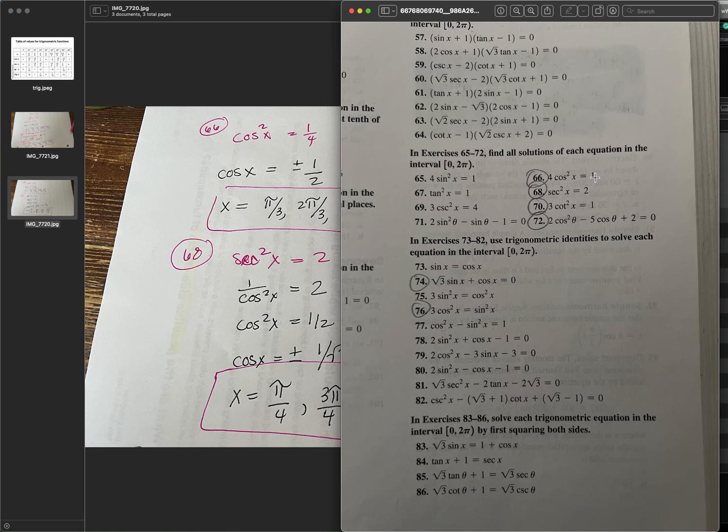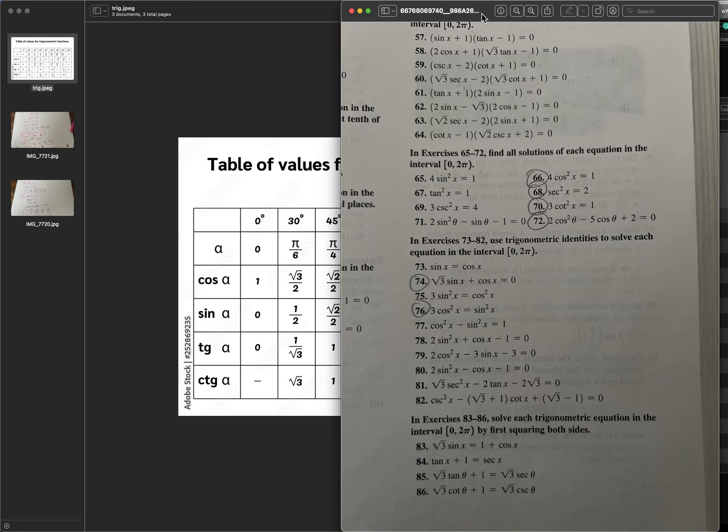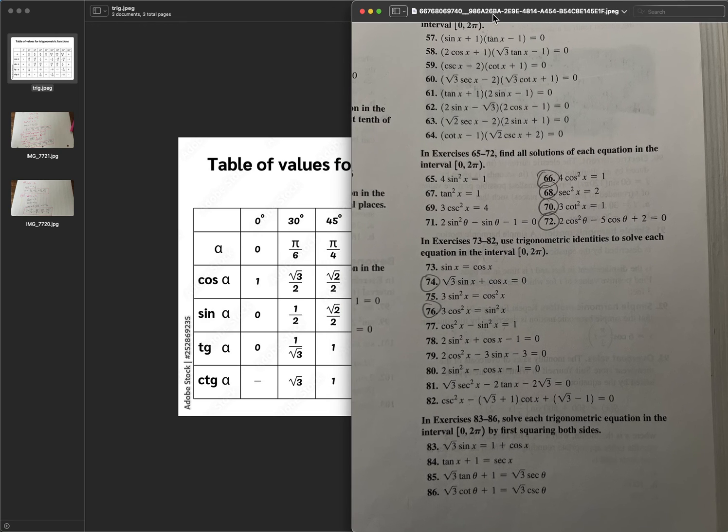4 cosine squared equals 1. And I even moved on this first step, divided both sides by 4, so that we have cosine squared is 1/4. So what you do to one side, you of course have to do the other, like regular algebra. And then we don't know what cosine squared is, but we know what cosine is. And so if we take the square root of both sides,